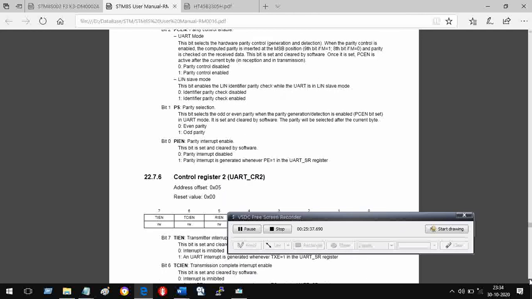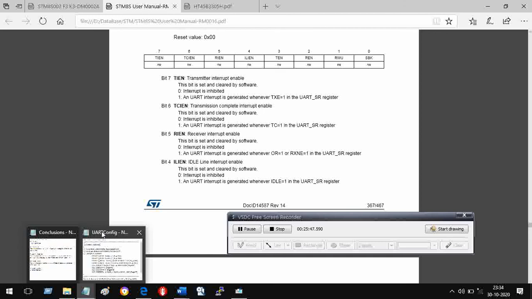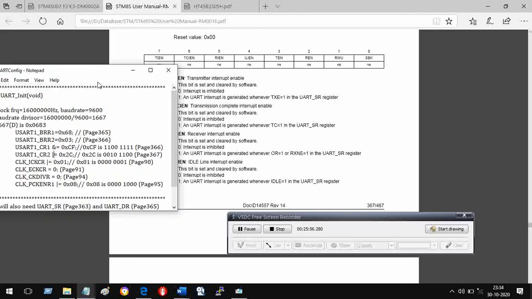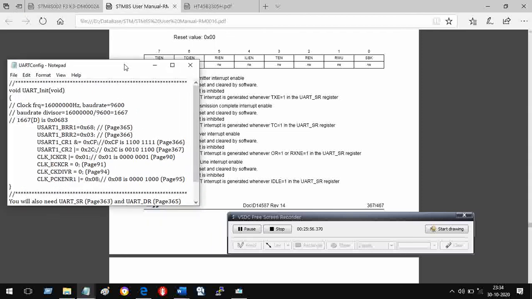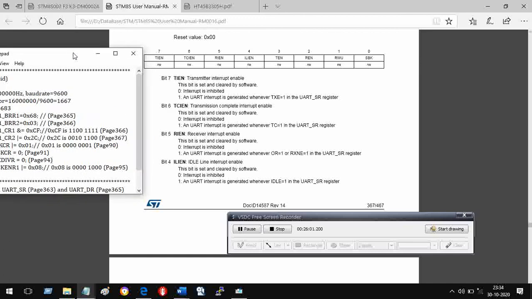Let us go to CR2, this CR2. And what we have done is bit 2 and 3 are 1, and what else? Bit 5 is also 1, others are unaffected.